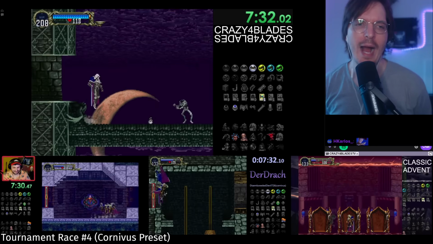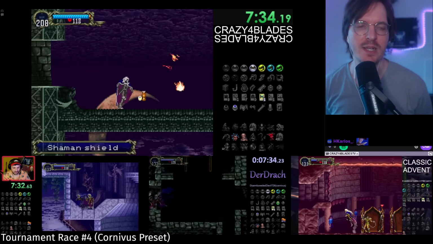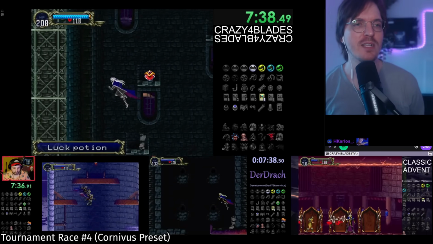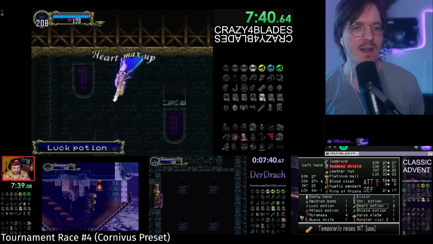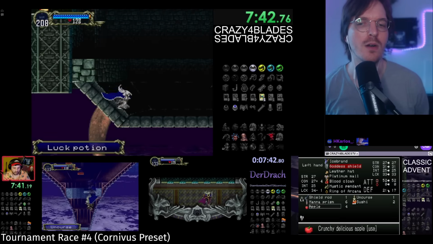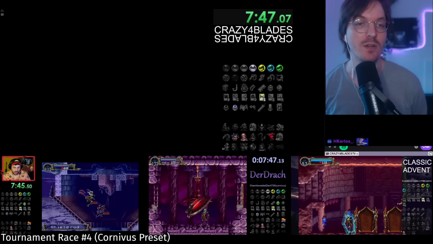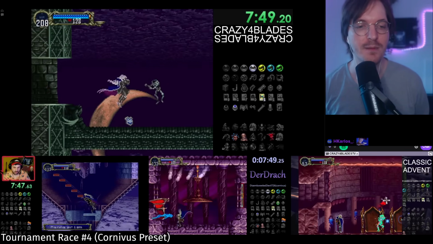Ooh. I feel like in Cornivus, you need to kill all the bosses anyways. Staying in the second castle might pay off. But maybe Crazy Four Blades, he was saying in chat, he has gotten burned before by using the progression he finds in the second castle in the first castle and feeling like it doesn't pay off for him. So...